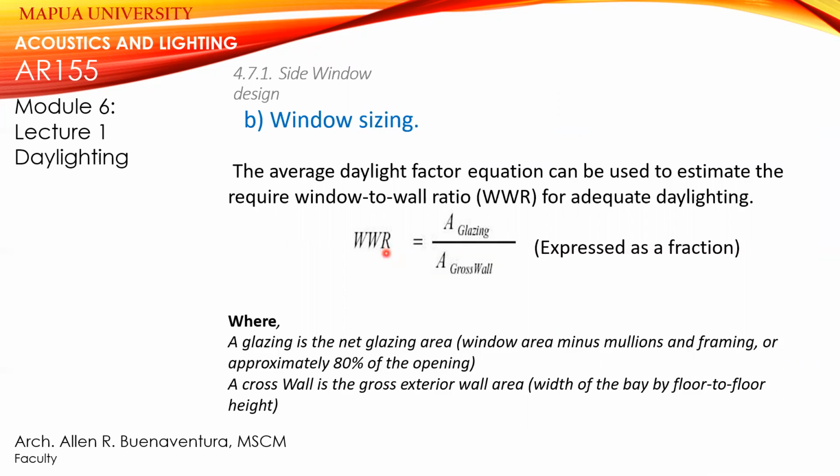Large windows are used in tropical areas. In the United States, they use windows to gain heat inside the room. They angle the room so that some areas can be cooled during summer, and some areas are warmed during the winter. Okay, so the application of daylight is different from a tropical environment